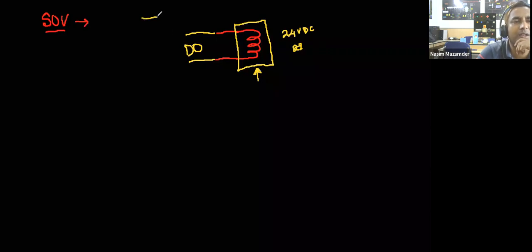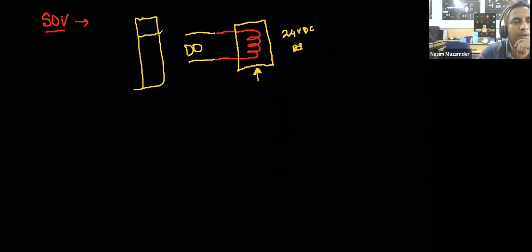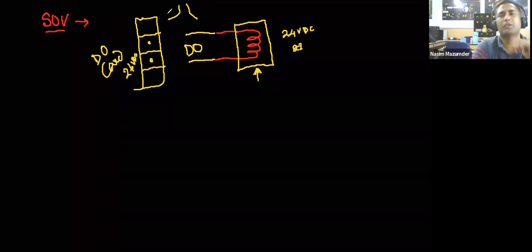Now, if I am connecting it with a PLC, through some digital output card, so this is my digital output card, I have to ensure whether my card is supplying 24 volt DC or it requires some external power source. First, I have to identify that. Whatever type of PLC, I always stop at a generalized PLC, meaning I don't know what type of controller you are using.